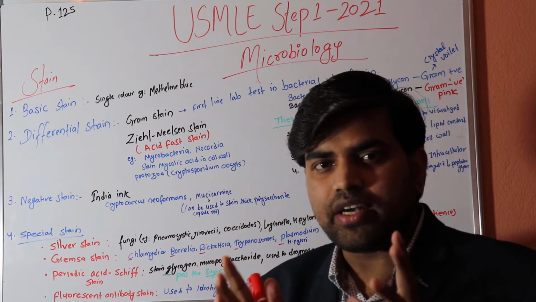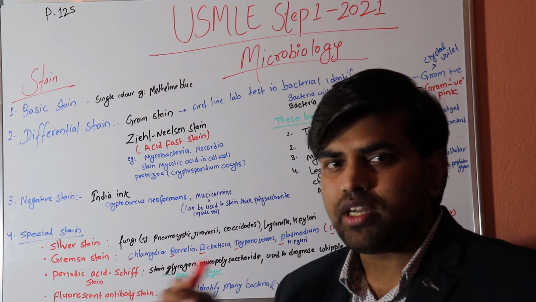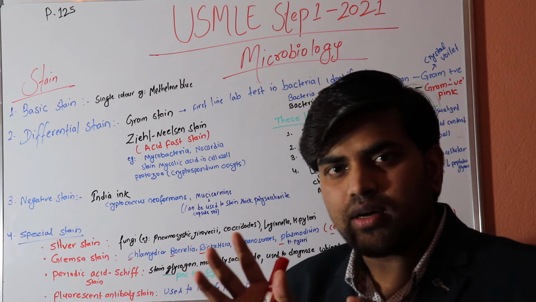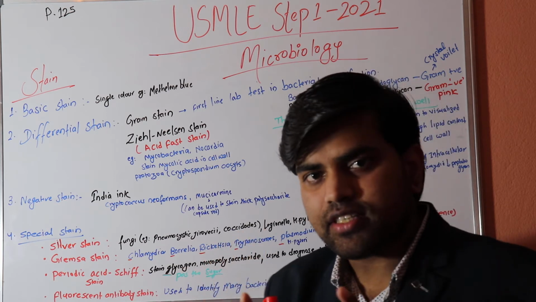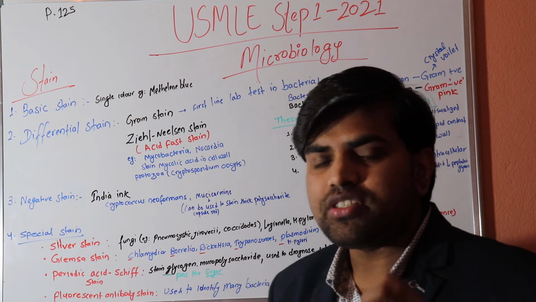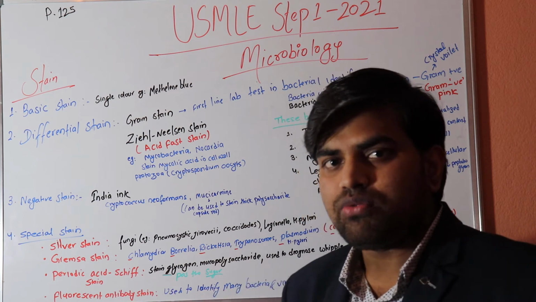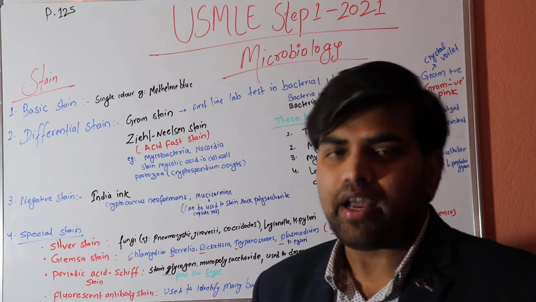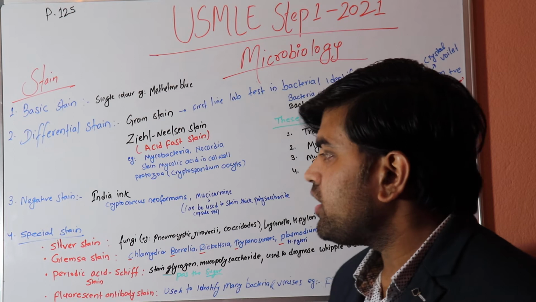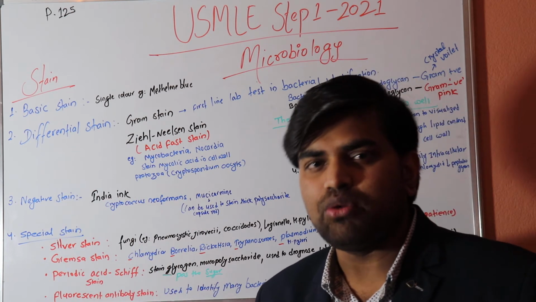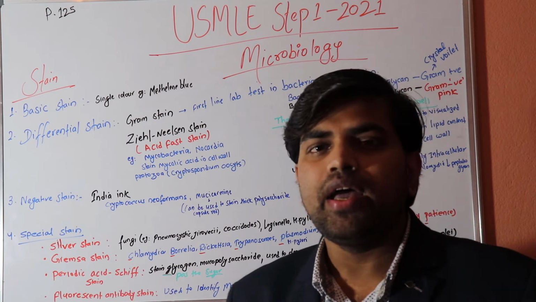The polysaccharide layer repels the negative stain, as the same charge is present in both, so they repel each other and the fungus is not stained. The fungus is predominantly seen against the dark black background, and in this way the negative stain works. But what does the positive stain do? It stains everything: the background, the bacteria, everything.